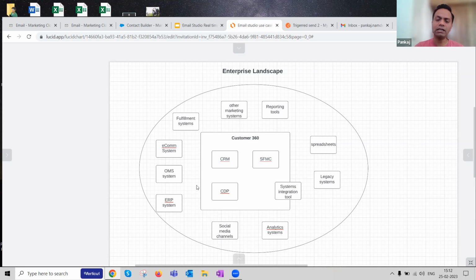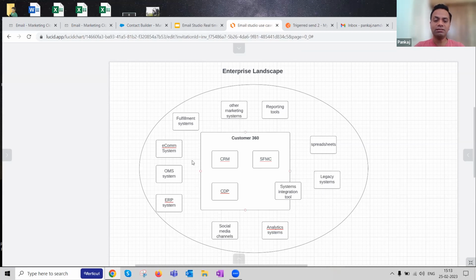So quickly, I'll take you through some of the systems so that you are aware that these are the systems existing in the periphery of Customer 360. Remember, Salesforce is one of the systems in this whole cog. Salesforce is not the system. However, since we are working in the Salesforce ecosystem, we look from that perspective. But the idea behind showing this is, as I said already, that this is the ecosystem which works together in tandem. So make sure you are at least cognizant of the fact that these systems exist in the landscape and are as important, if not more important, than Salesforce or Marketing Cloud or Email Studio.